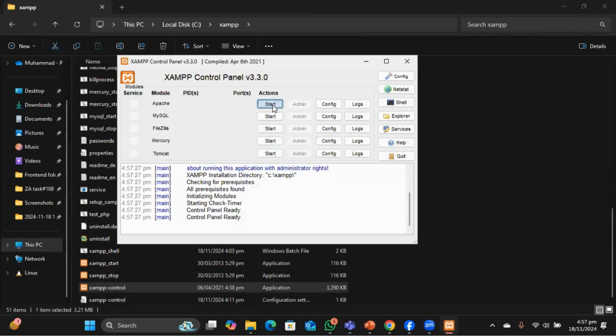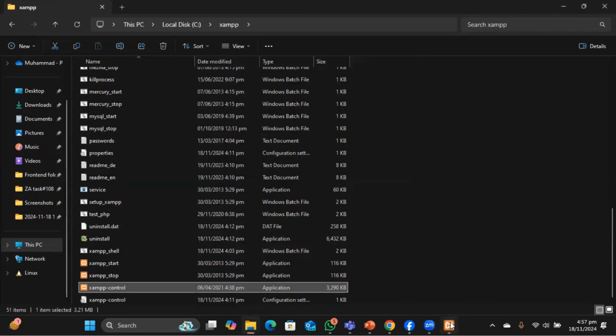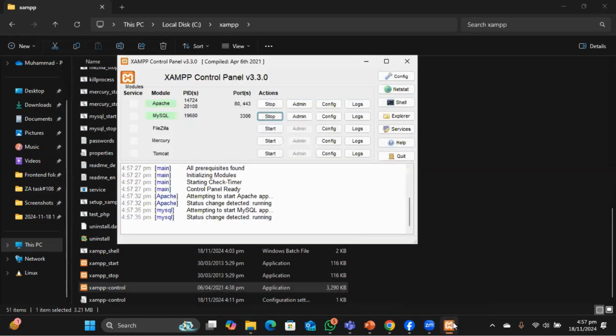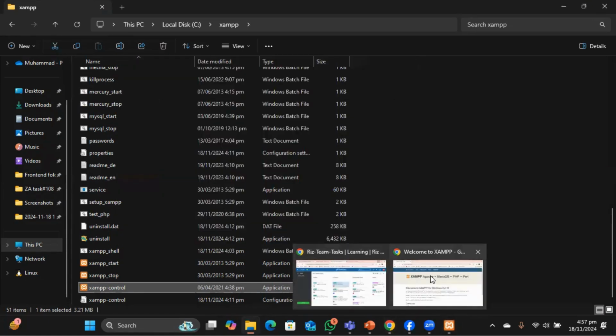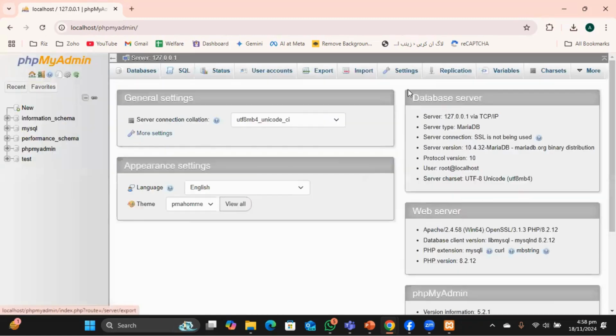So the Apache and MySQL should be started, and after that we can see our localhost here. Before that you can't see this, and after starting the Apache and MySQL it will be enabled, and after that you have to go to phpMyAdmin, and